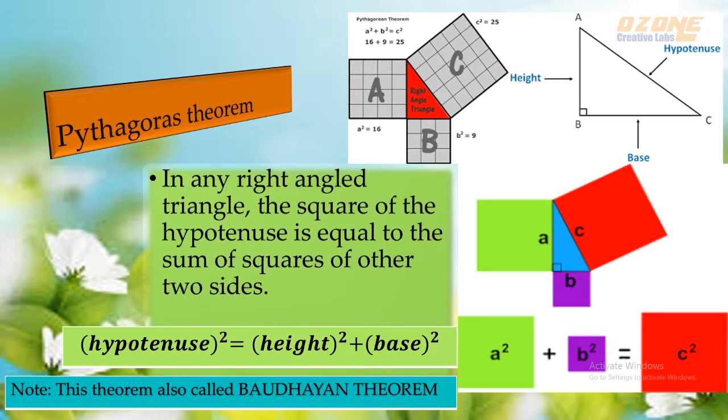The total units will be 3 into 3, 9. So 16 plus 9 will get 25. So square of 4 plus square of 3, you will get the total as 25, which forms the biggest square, that is 5. Side is 5, for 5 into 5 it forms 25 square. This is the proof for Pythagoras theorem, and just remember that square of hypotenuse will be equal to sum of square of other two sides.